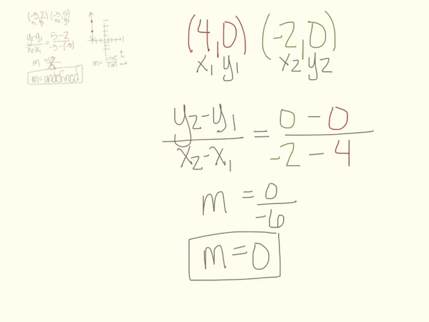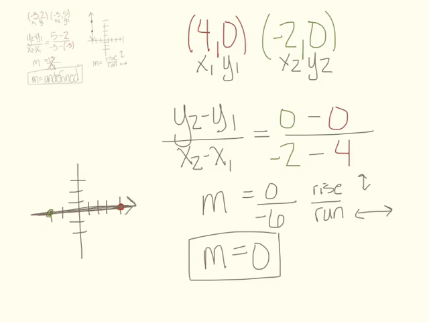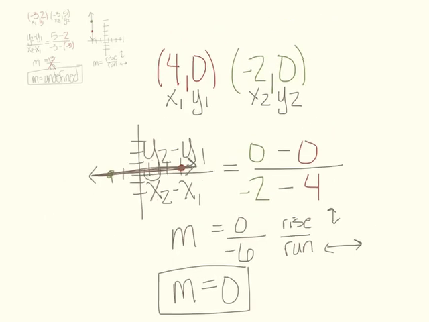So remember again what this means. We're talking about rise over run. So this one's saying that we have no rise and all run. So we're going to have a horizontal line, right? So let's go ahead and sketch this one out. Okay, so our first point when x is 4, y is 0. And our second point when x is negative 2, y is 0. So you can see that we have a horizontal line right here that is all run and no rise. So that's our second kind of